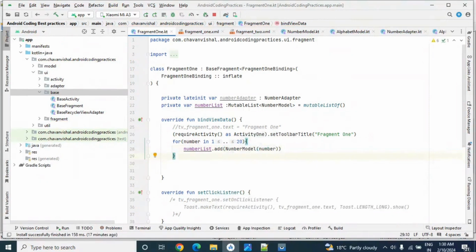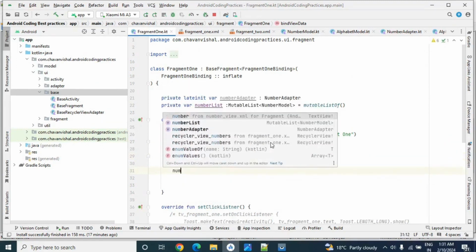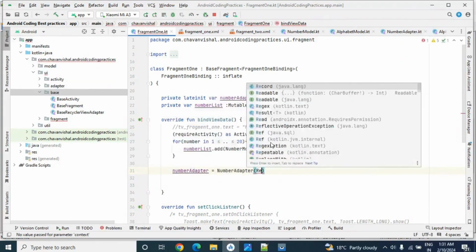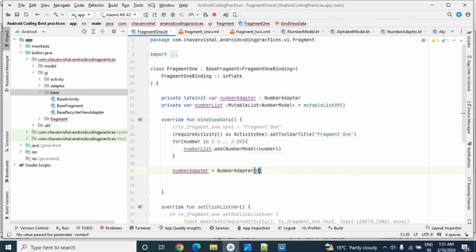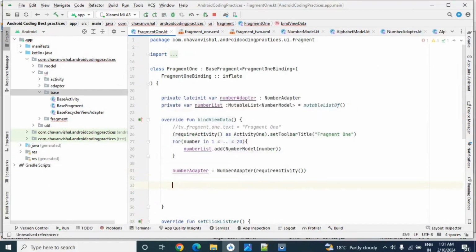Now our array list is ready. Now let's initialize our adapter: numberAdapter is equal to NumberAdapter. Here we need to pass the context, requireActivity. Currently we are not using context in this project, but you might require it.